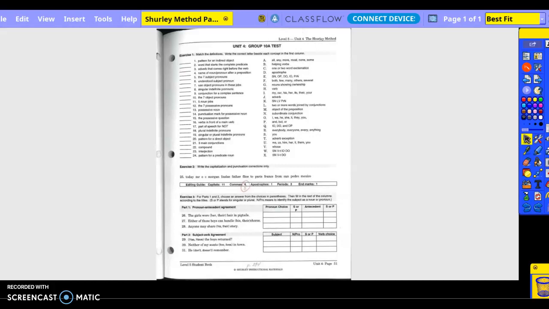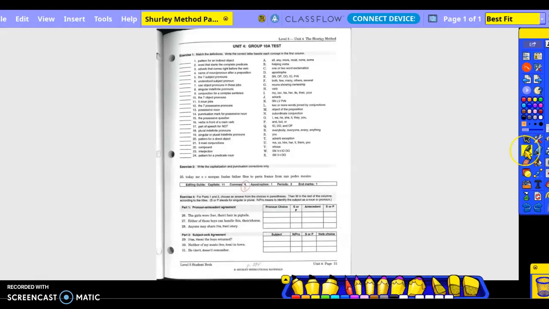Shurley method, page 51. This is the second part of the recording for that page, and we're doing exercises 2 and 3 today. So, write the capitalization and punctuation corrections only. Today, Mr. So today,